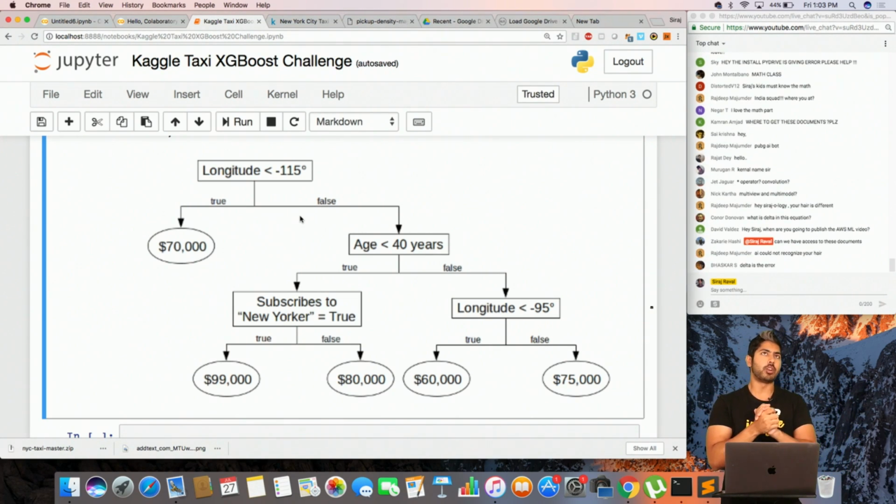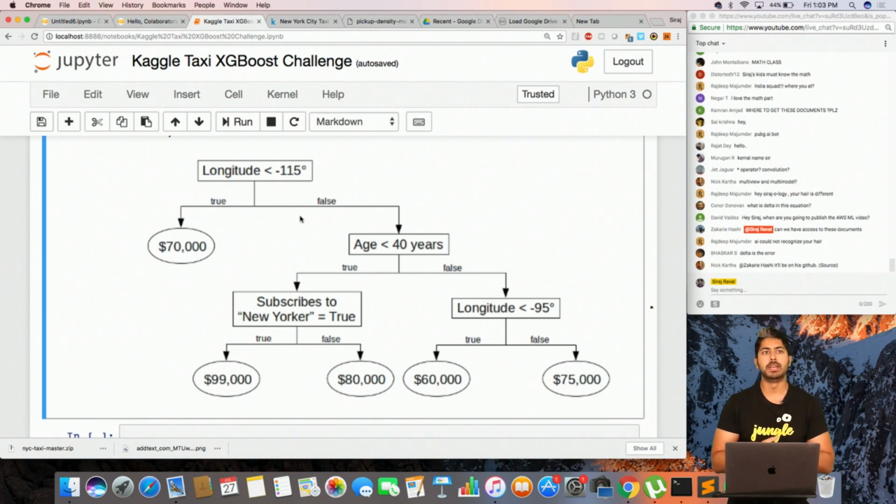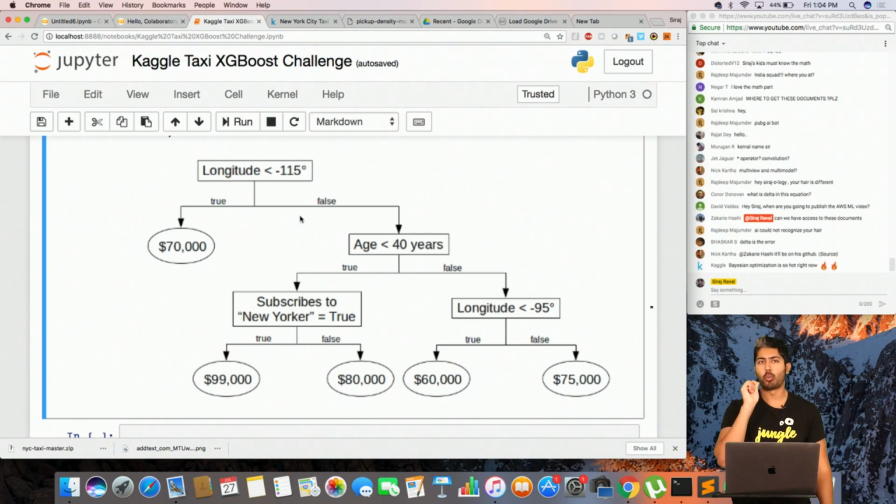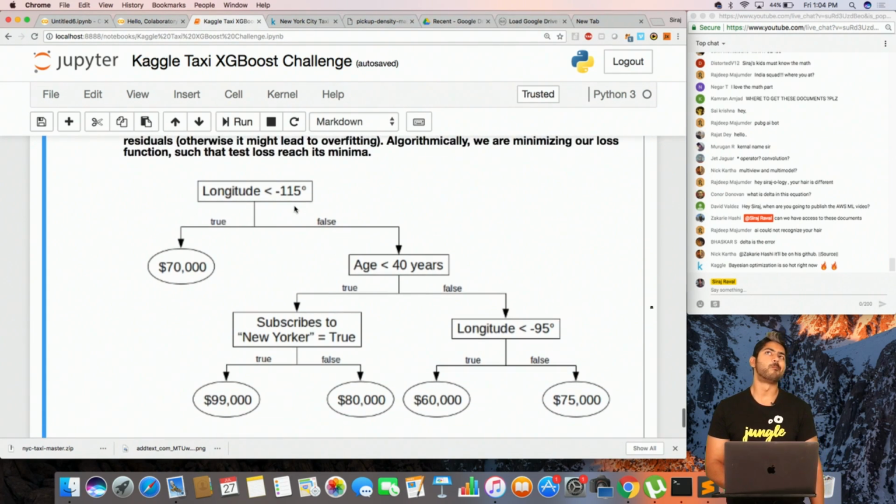And XGBoost is also the top Kaggle model a lot of the time because it's easy and quick, although I am convinced whoever won those competitions using XGBoost, if they just used neural networks, they would have done better, but they didn't have the resources or whatever. But yeah, I still believe in deep learning over anything else.